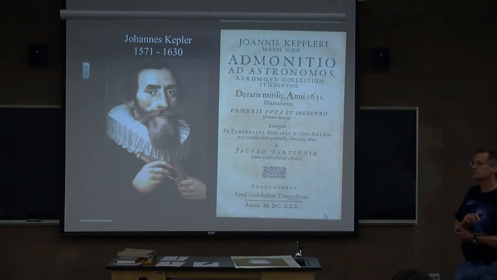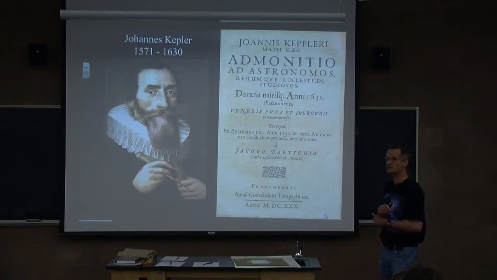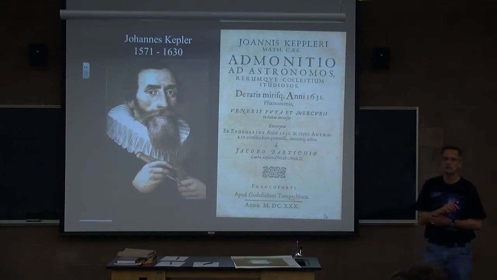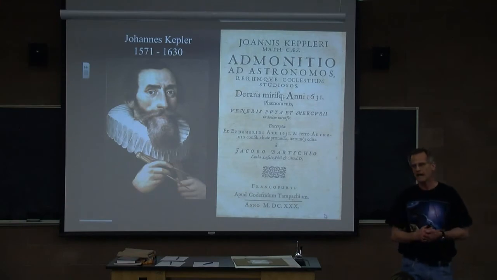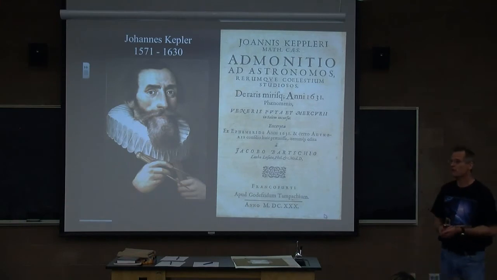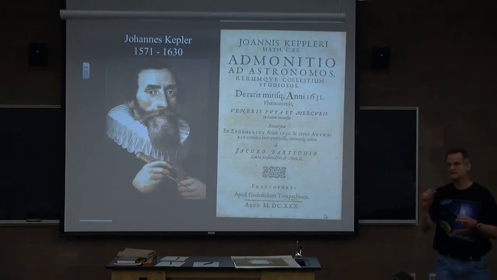Now, Johann Kepler was the guy who got data from Tycho Brahe, the most accurate data before telescopes were turned on the skies, and he used them to come up with 3 laws of planetary motion. And for those of you in my astronomy class, remember those will be on the final. The 3 laws of planetary motion. He used those laws to make predictions about where planets were going to be and so on. And in the late 1620s, he predicted that in 1639, both Mercury and Venus would pass in front of the sun.